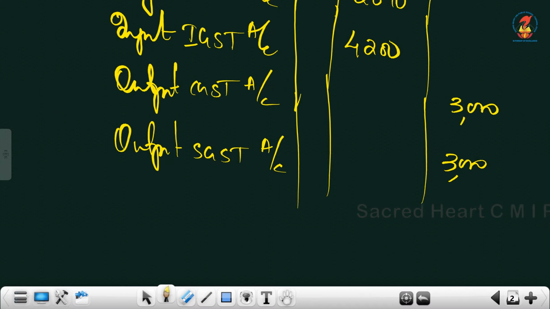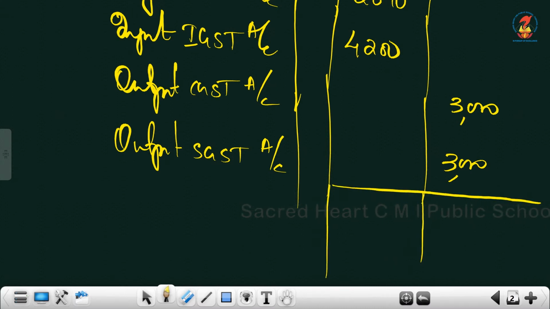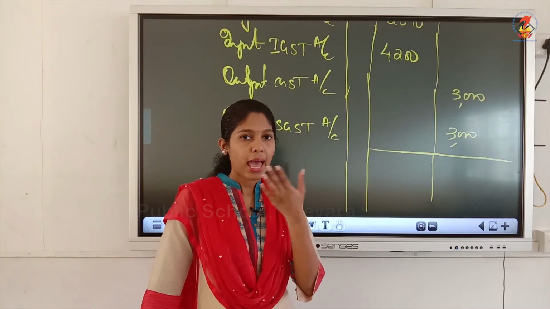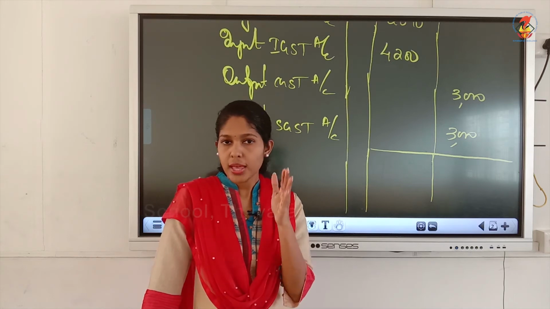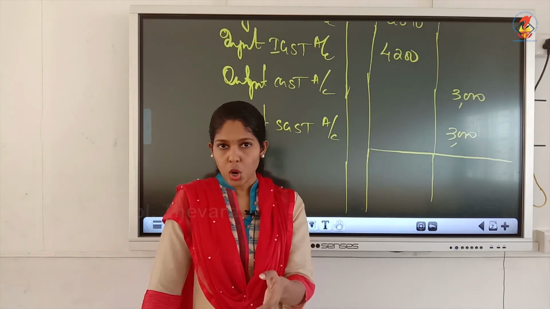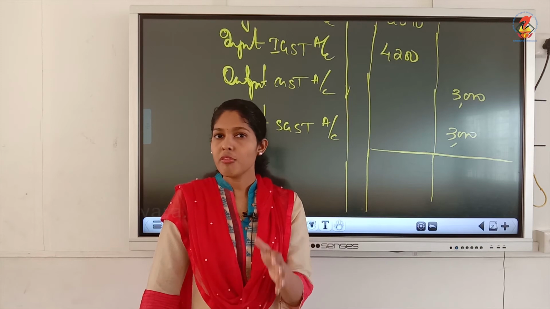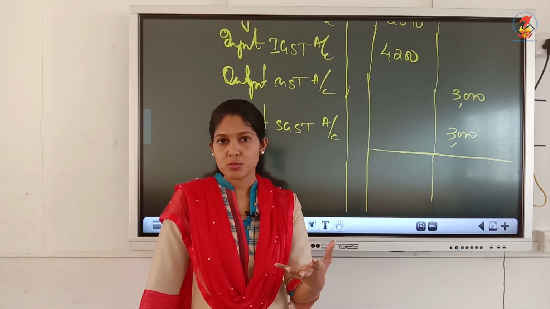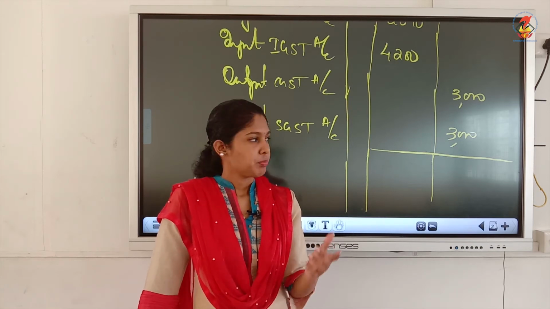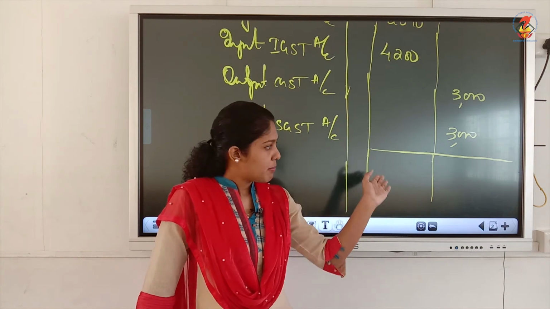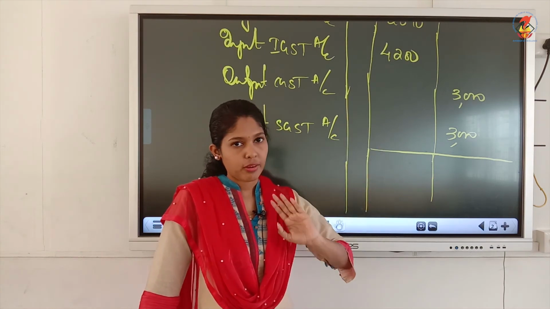Next step is you have to add the debit and credit columns. Not together: the debit column you must add first, then you add the credit column. Separately you add both these columns, and the amounts you get for debit and credit must be equal. We know that the total of debits will always be equal to the total of credits. It's as per the dual aspect or double entry system. So here also your debit side must be equal to the credit side.